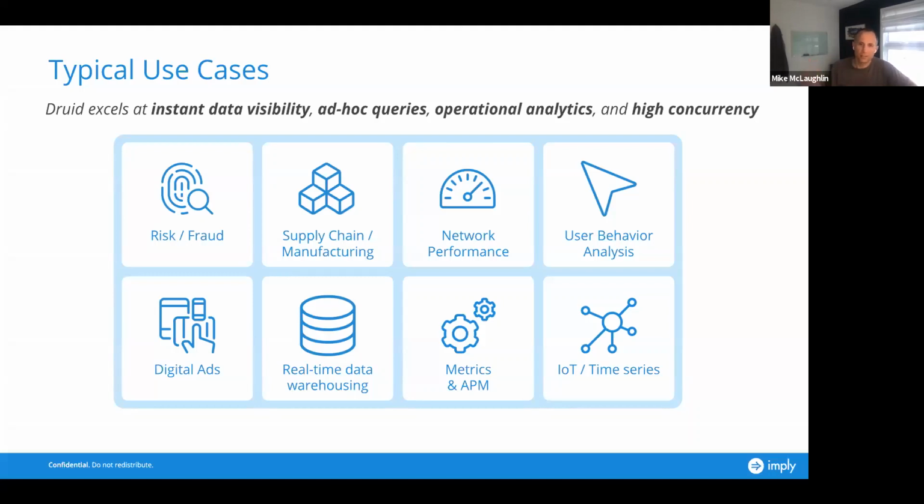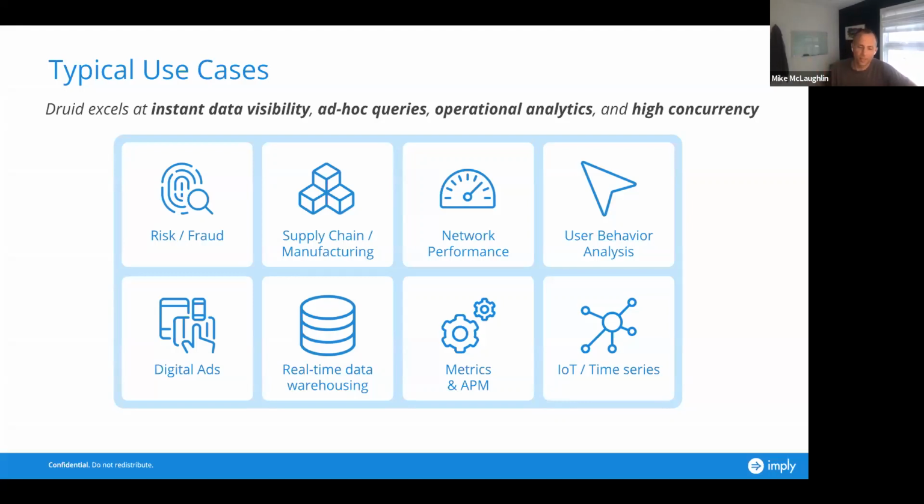User behavior analysis is another really common use case. This is things like click streams and so on. I have a number of use cases here that we'll talk through. There are, again, a lot of blog posts about user behavior analysis using Apache Druid. It fits really well because of that